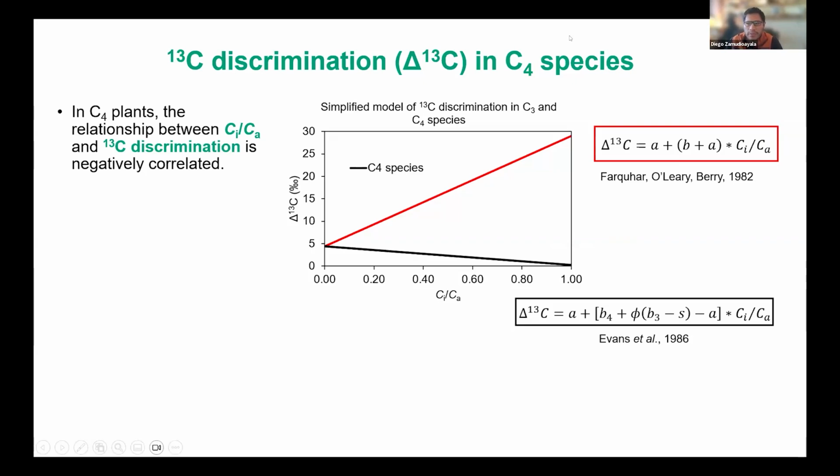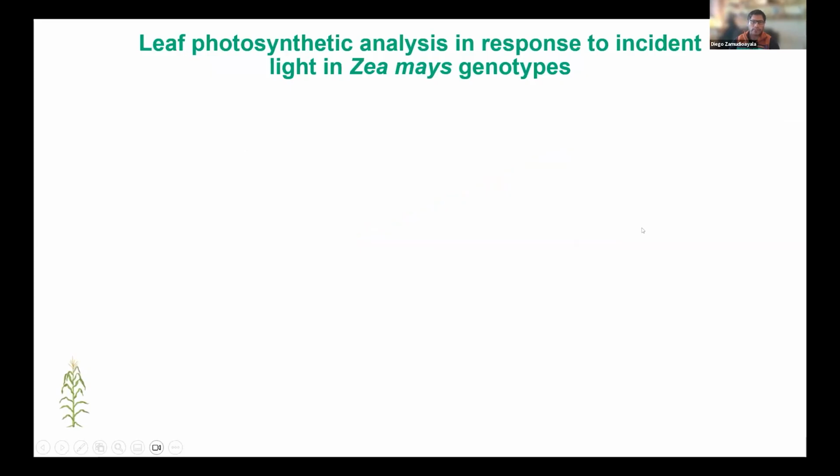This relationship makes C4 species not only have lower carbon-13 discrimination values than C3 species, it also makes carbon-13 discrimination challenging to measure. Even though carbon-13 discrimination in C4 species is not easy to measure, it is widely used